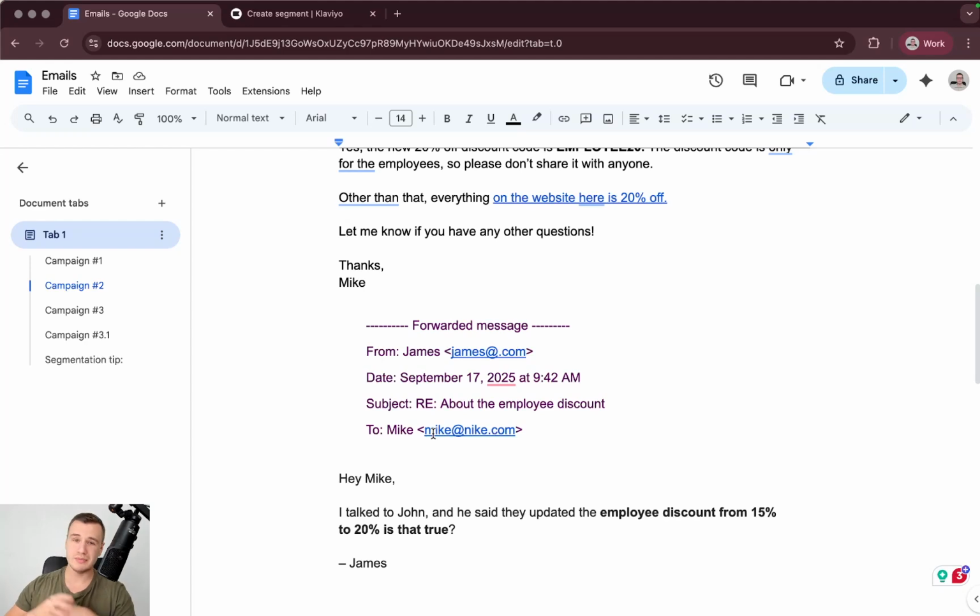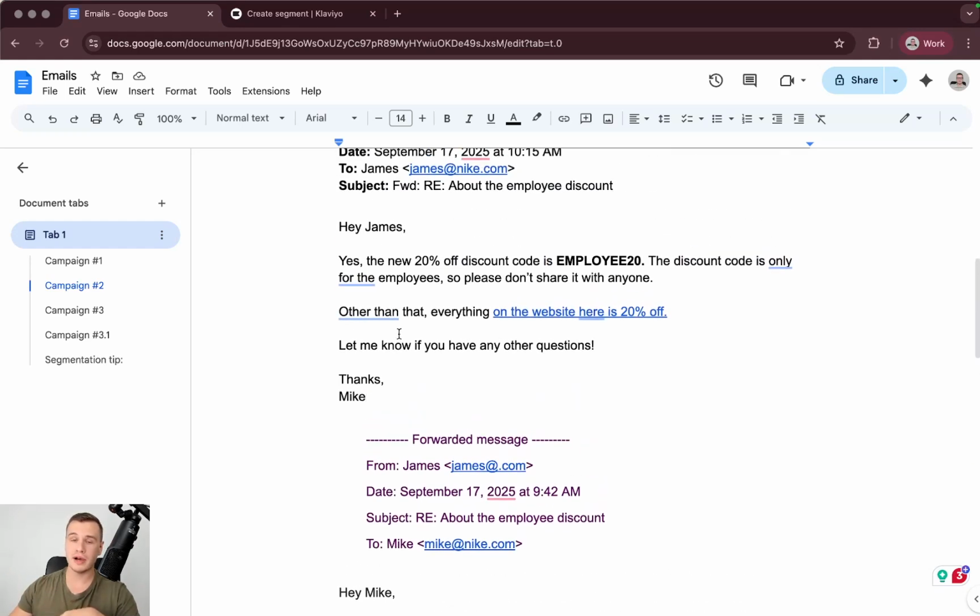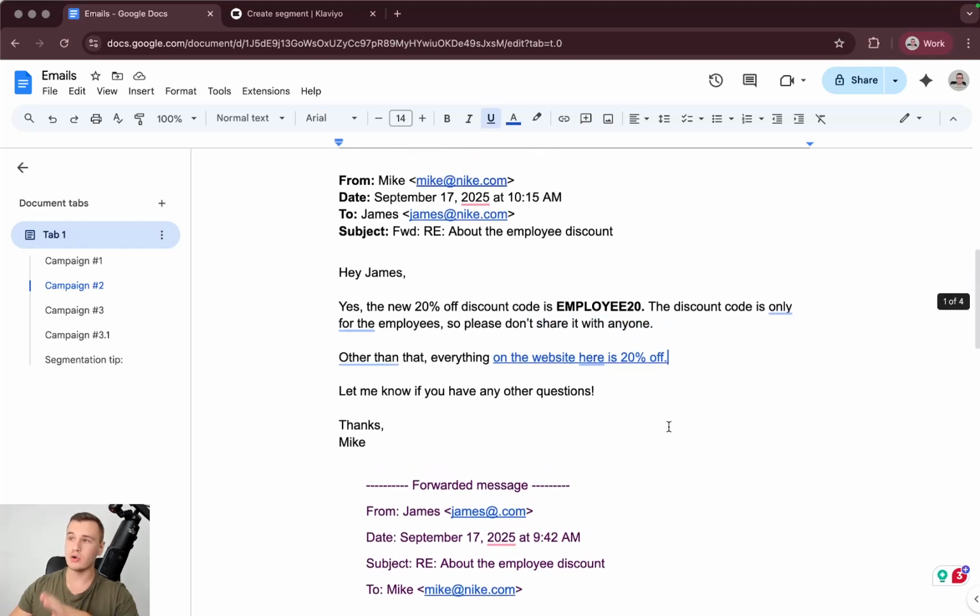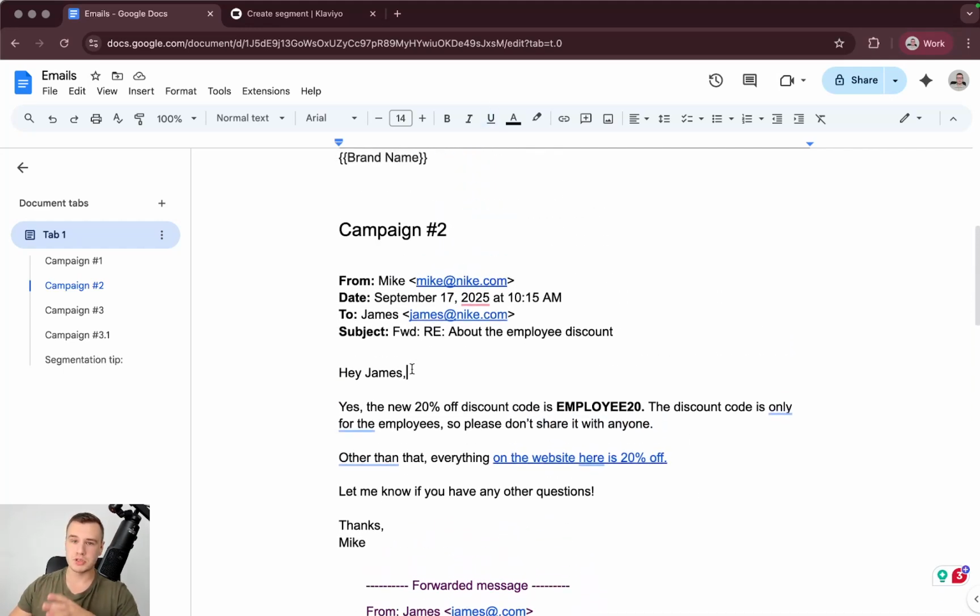a discount code, an employees discount code leak, but you can also adapt it to your brand. For example, let's say you were selling golf equipment. You could be like, hey Mike, are we still up for the weekend's employees golf tournament, right? And the other guy could respond, yes we are, and by the way, if you want to bring your kid, we have an employees kids discount code. Use this discount code, but please don't share it with anyone. So you can also adapt this email to make sense for your specific brand, but that of course doesn't work for